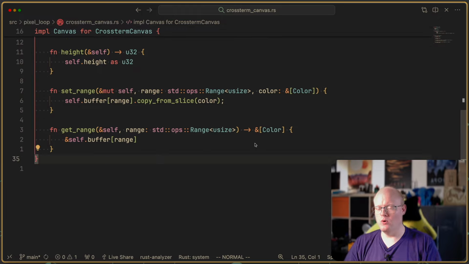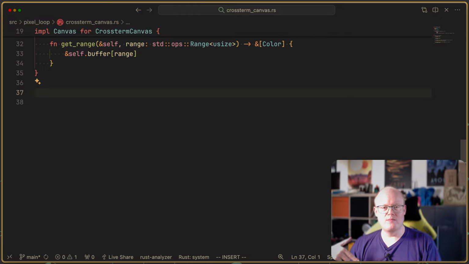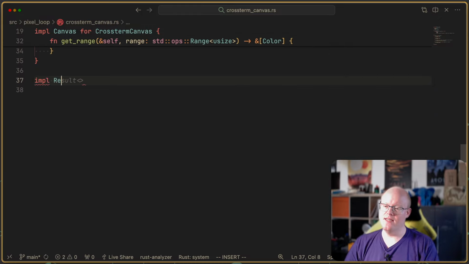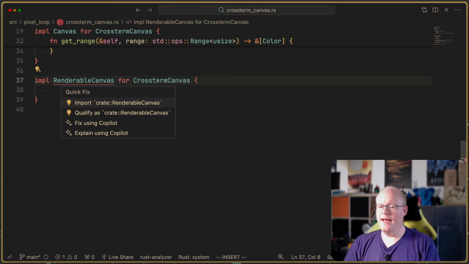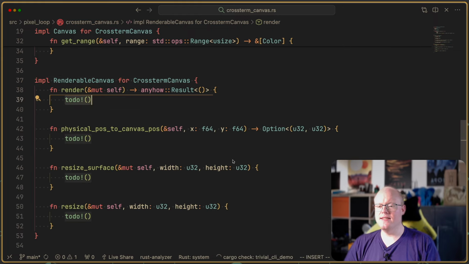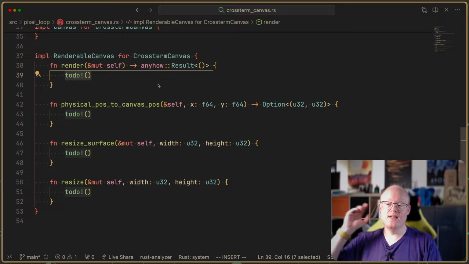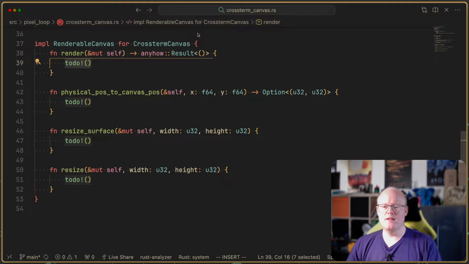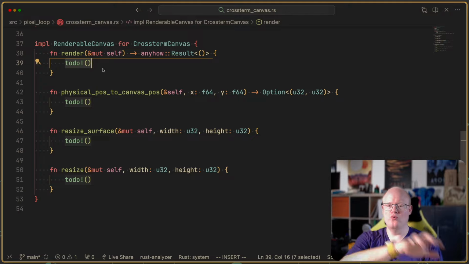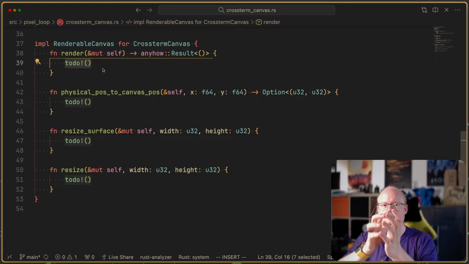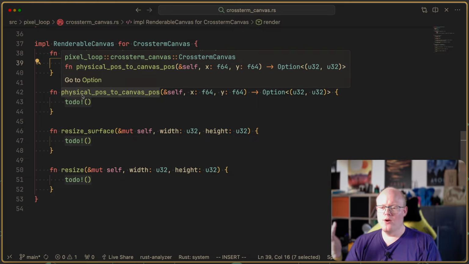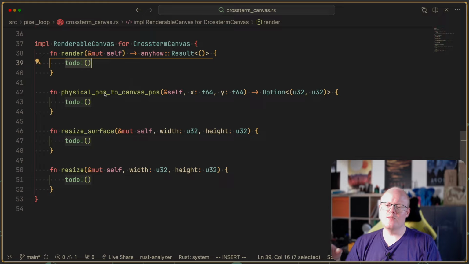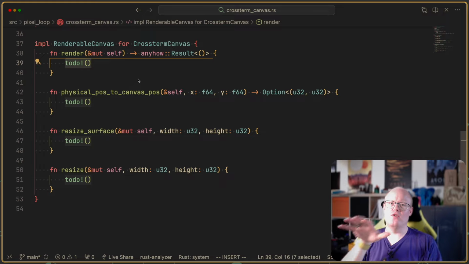But what we essentially want to do is implement a renderable canvas. So let's implement RenderableCanvas for the crossterm canvas. Let's import the renderable canvas and have it give us the members to implement. We need the render function. We will do that in a second, because that's essentially what we need to render the pixel data in the canvas to the terminal. Then we need something which converts a physical position to a canvas position. That's something for when you click somewhere, but